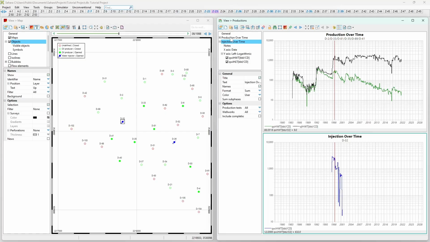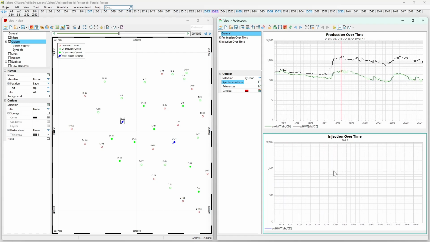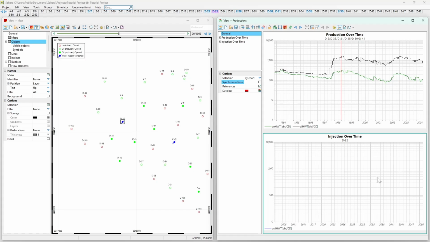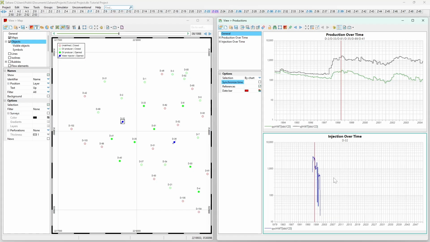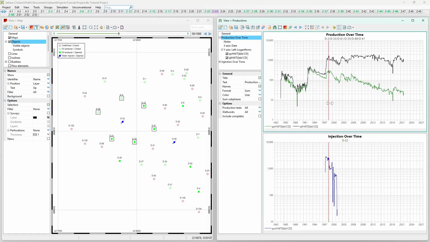But by going to general in the production window, and selecting this checkbox here, each one now is going to have a different time. Each one is going to see different dates. We are going to synchronize it again, and now let's check what we can do with the options of the